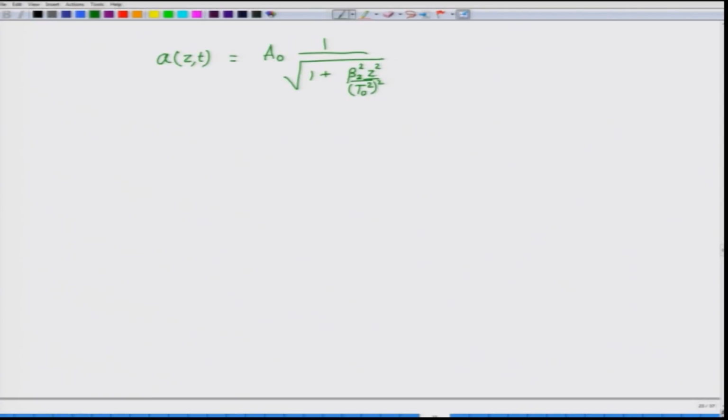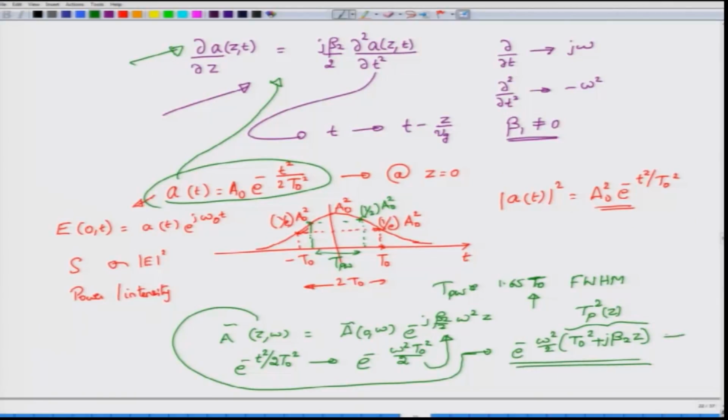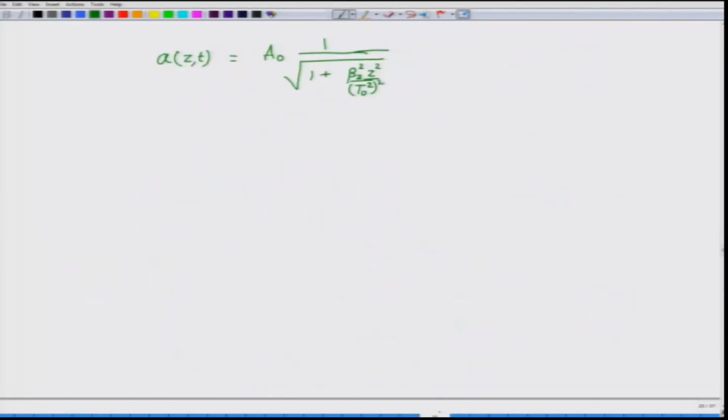Okay. So, you might be confused as to why I am not writing t 0 to the power 4, but there is a reason, and I will come to that very shortly. So, this is what you actually have: 1 plus beta 2 square z square by t 0 square, all squared. This is the amplitude of the pulse, because there is a term sitting here that has to be inverted out. So, I have to express that in terms of its magnitude and phase, and that is what I have done over here. And then you have e power minus t square by 2 t p square of z. And again, t is not really t, but t minus z by v g, you already know that.